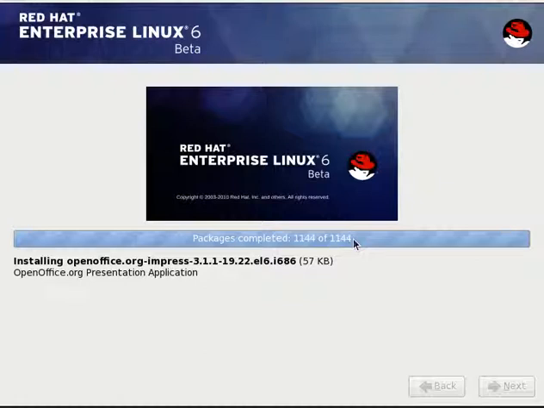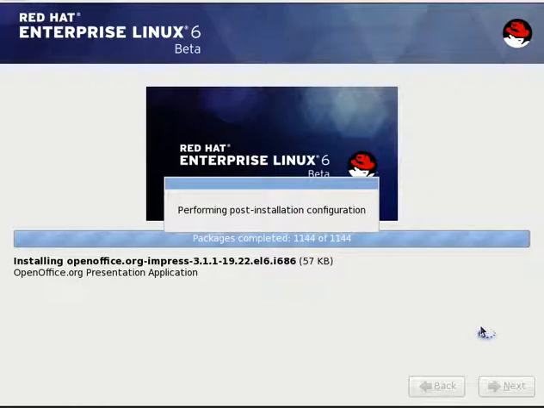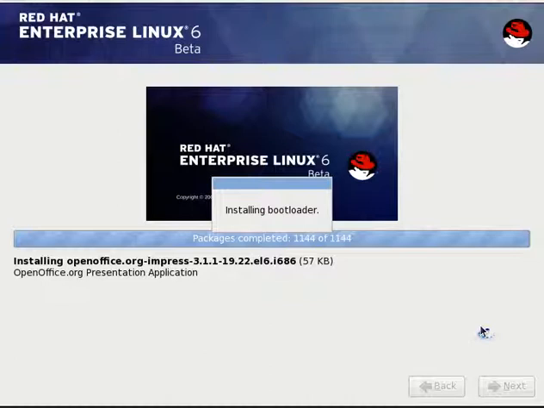So if you see, it's very easy to install Red Hat Enterprise Linux. Once installing the package is completed, you'll be prompted with a reboot button. So just press that one so that all the changes will be written onto the disk.